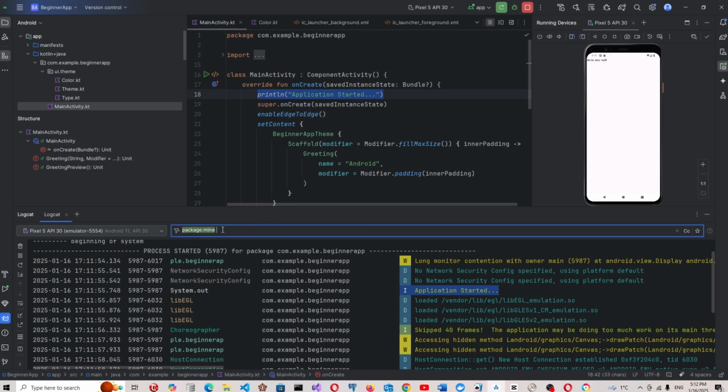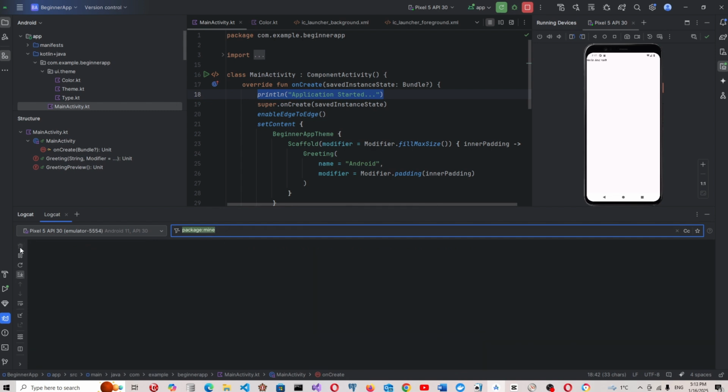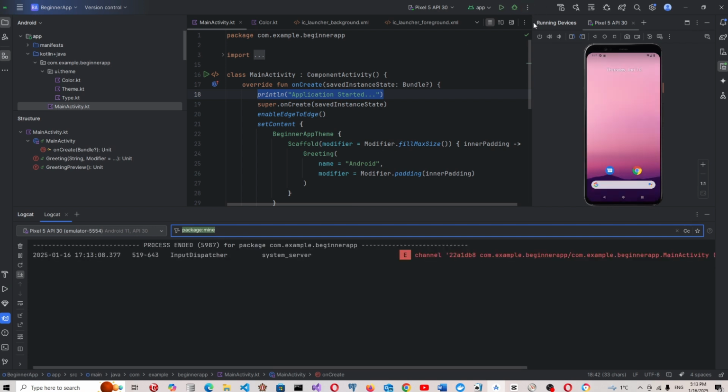And we can put a filter over here, package of main, and we can clear the logs, stop the application,